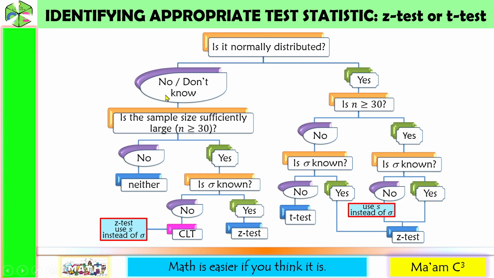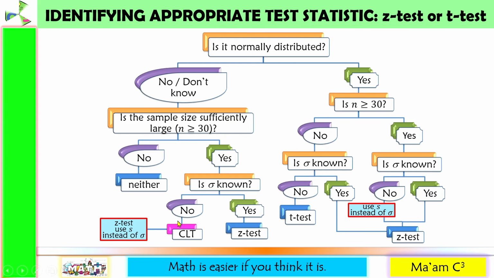If nothing is mentioned or the distribution is not normal, look for the sample size. Is it sufficiently large? When we say sufficiently large, the sample size is greater than or equal to 30. If the answer is yes, then look for the population standard deviation. If it is given, then use z-test. If the population standard deviation is unknown,